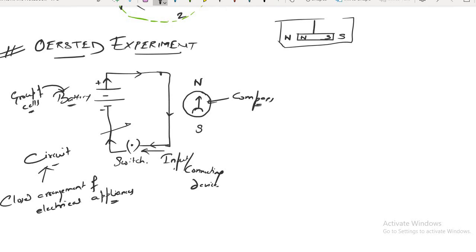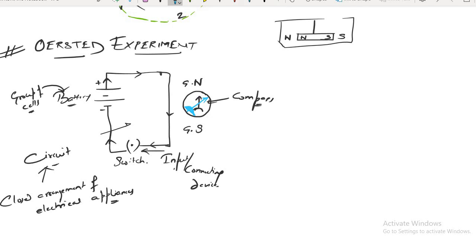That is, when I brought the compass, previously it was in the North Pole and South Pole direction. You can see in the picture that I have drawn the compass needle. This is the needle of the compass. It is towards the North Pole and South Pole of the Earth. This is the geographical North and geographical South Pole direction. Now, when I am bringing the compass near the circuit through which current is flowing, we can see a change. What type of change? We can see there is a deflection. The compass needle gets deflected.